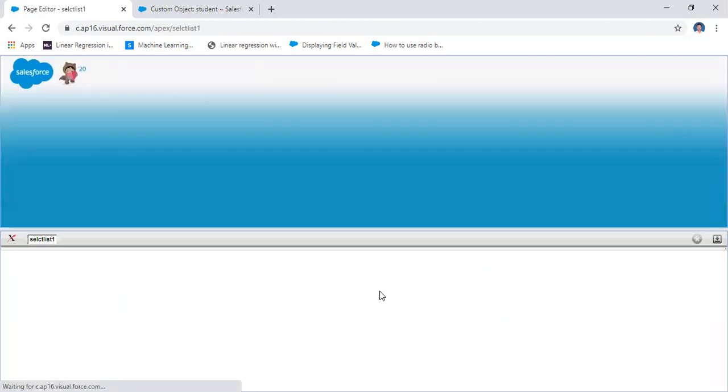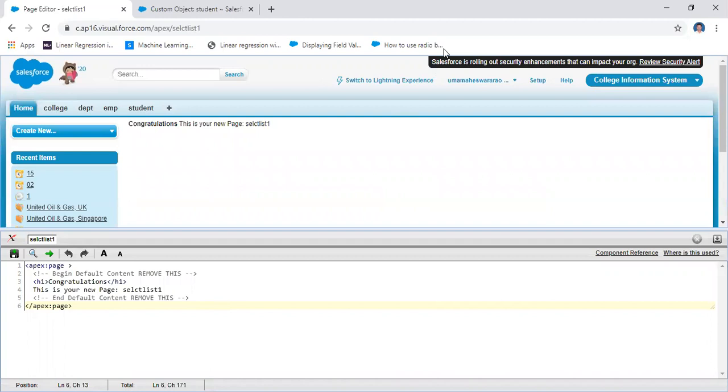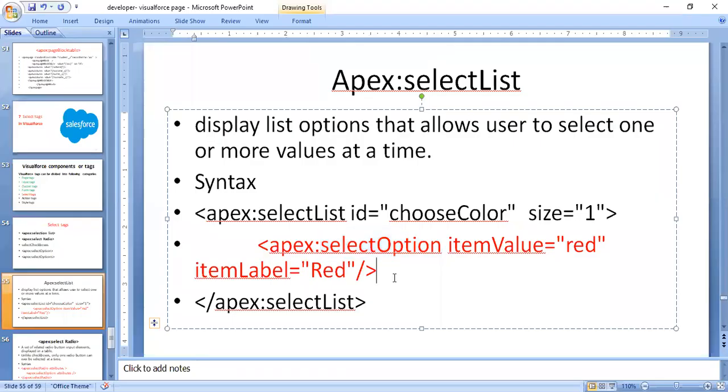In selection list 1, the first important tag in this case is the select list tag. This displays a list of information. For this purpose I'm taking a select list.